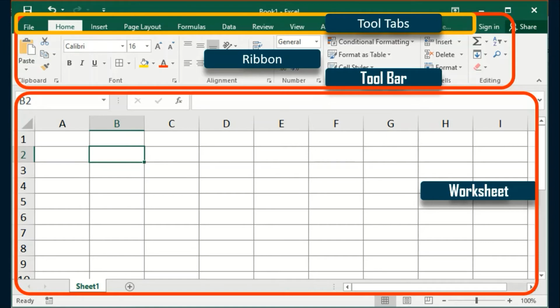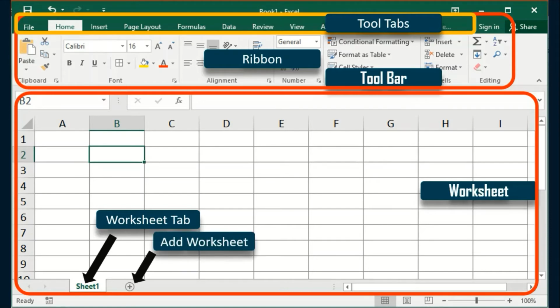You can add multiple worksheets to each workbook. We can change the name of the worksheet using the Worksheet tab. We can add new worksheet using the Add Worksheet tab. In the upper portion, we have the formula bar. In a future lesson, when we learn using formulas, we will see that this is one of the fields where we can enter, check, and change formulas.